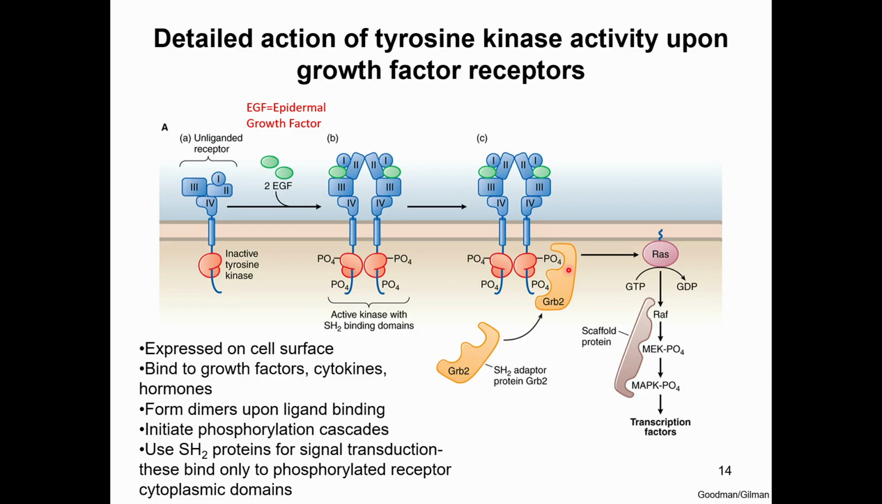Well, this can then activate another protein called RAS. And RAS, if it becomes mutated, becomes an oncoprotein. But under normal growth conditions in normal cells, RAS can activate another protein called RAF. Then that phosphorylates a protein called MEK, which phosphorylates another protein called MAP kinase, MAPK, and then MAPK can turn on